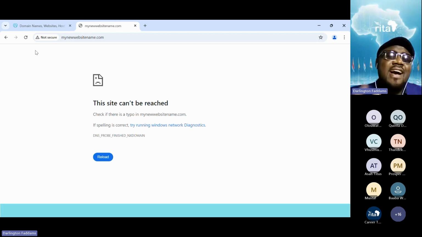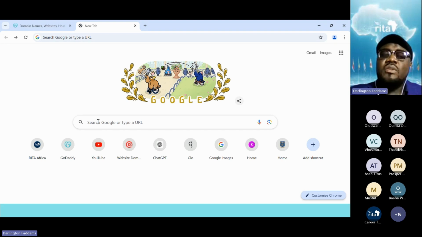Wrong. This is not how to check if a name is available or not. A thousand times, no, we don't do this. Because this does not mean that the name is available, and it does not mean that the name is not available. Registering a name is just registration of a name. It has nothing to do with design or interface. There can be a name registered that has no design on it. So here is a wrong place to do your name search. You can't also go to Google and search on Google. It's terribly wrong.